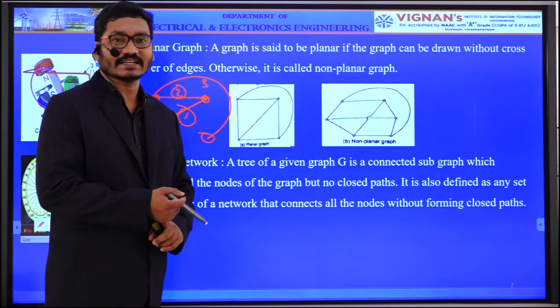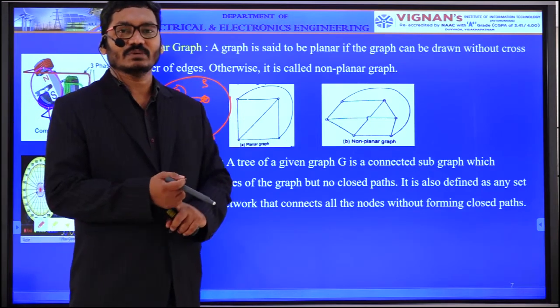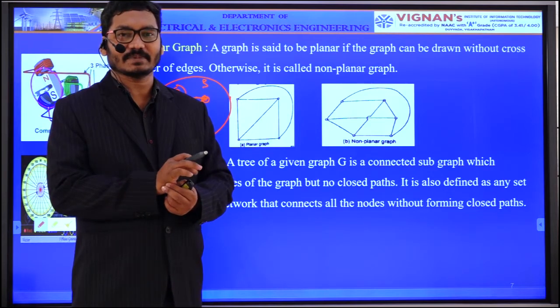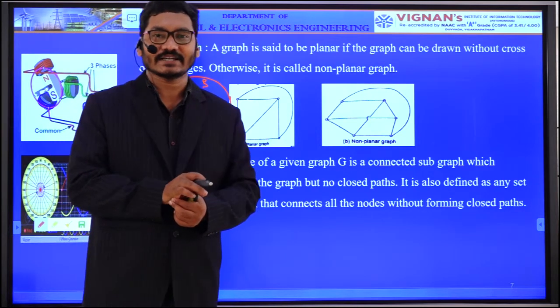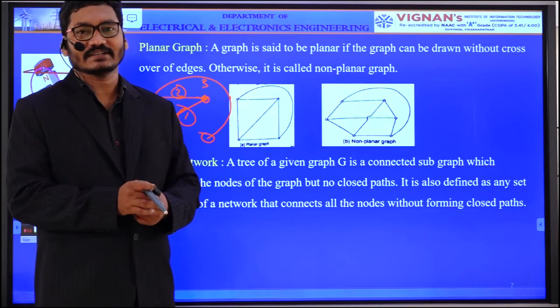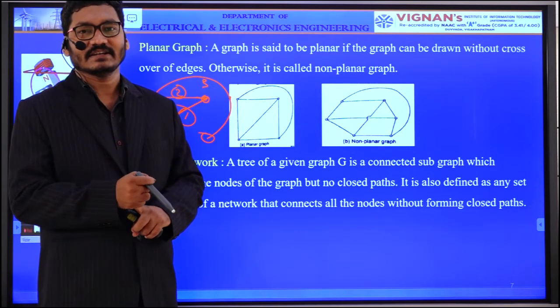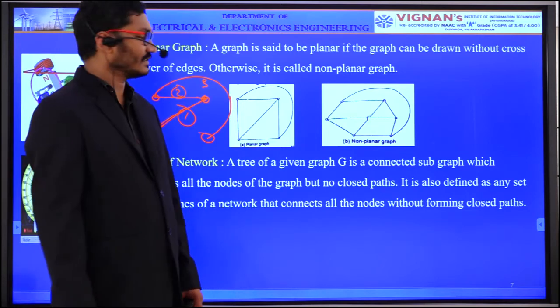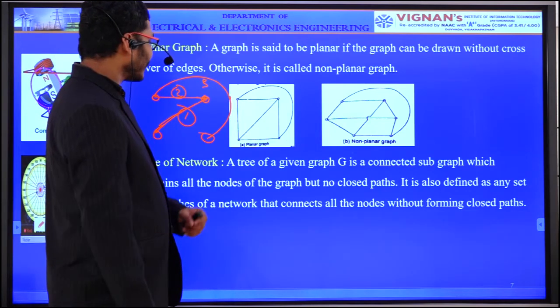For a connected graph, directly we can say, we have to find the incidence matrix. Here A represents the incidence matrix, A into A transpose. If you compute that, it will give the number of trees. The determinant of that gives the number of trees. Okay, so it is not required for you.